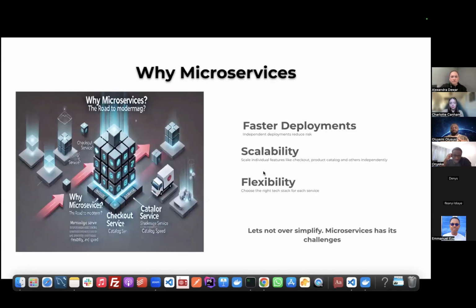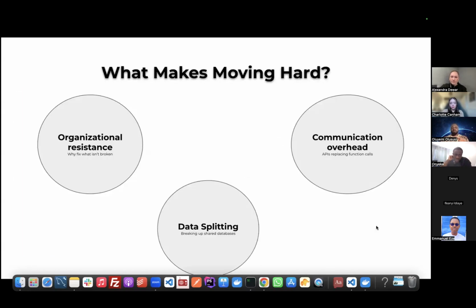Okay. With all of this explanation, microservices sound simple, but of course, moving is not something that you can just jump into. What makes it hard? I think one of the major things is organization resistance. To some extent, when something is working, you don't want to touch it. Let's leave it, right? Sometimes I've actually experienced this firsthand. It takes a lot of conviction and documentation and report writing and forecasts to convince companies sometimes to say we need to move to microservices